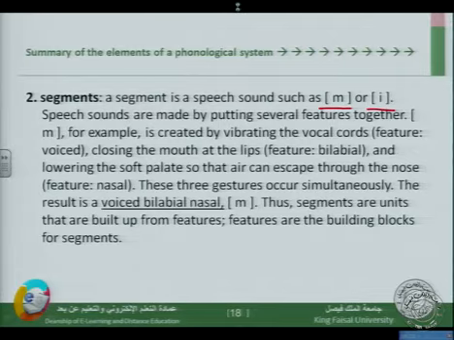Speech sounds are made by putting several features together. M, for example, is created by vibrating the vocal cords, voice, closing the mouth and the lips, and lowering the soft palate so that air can escape through the nose. So these three gestures occur simultaneously. Okay, so the result is voiced bilabial nasal. Okay, this is what we call